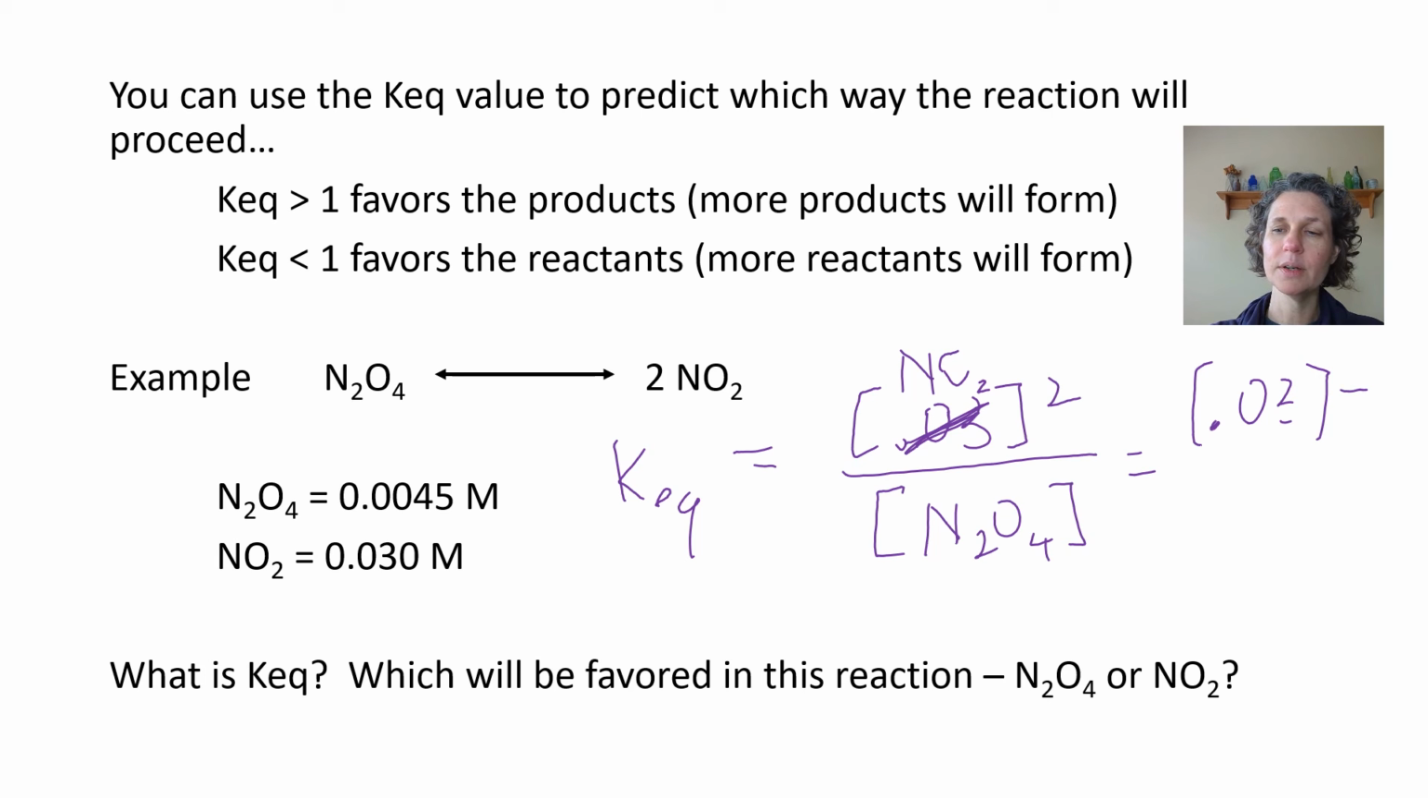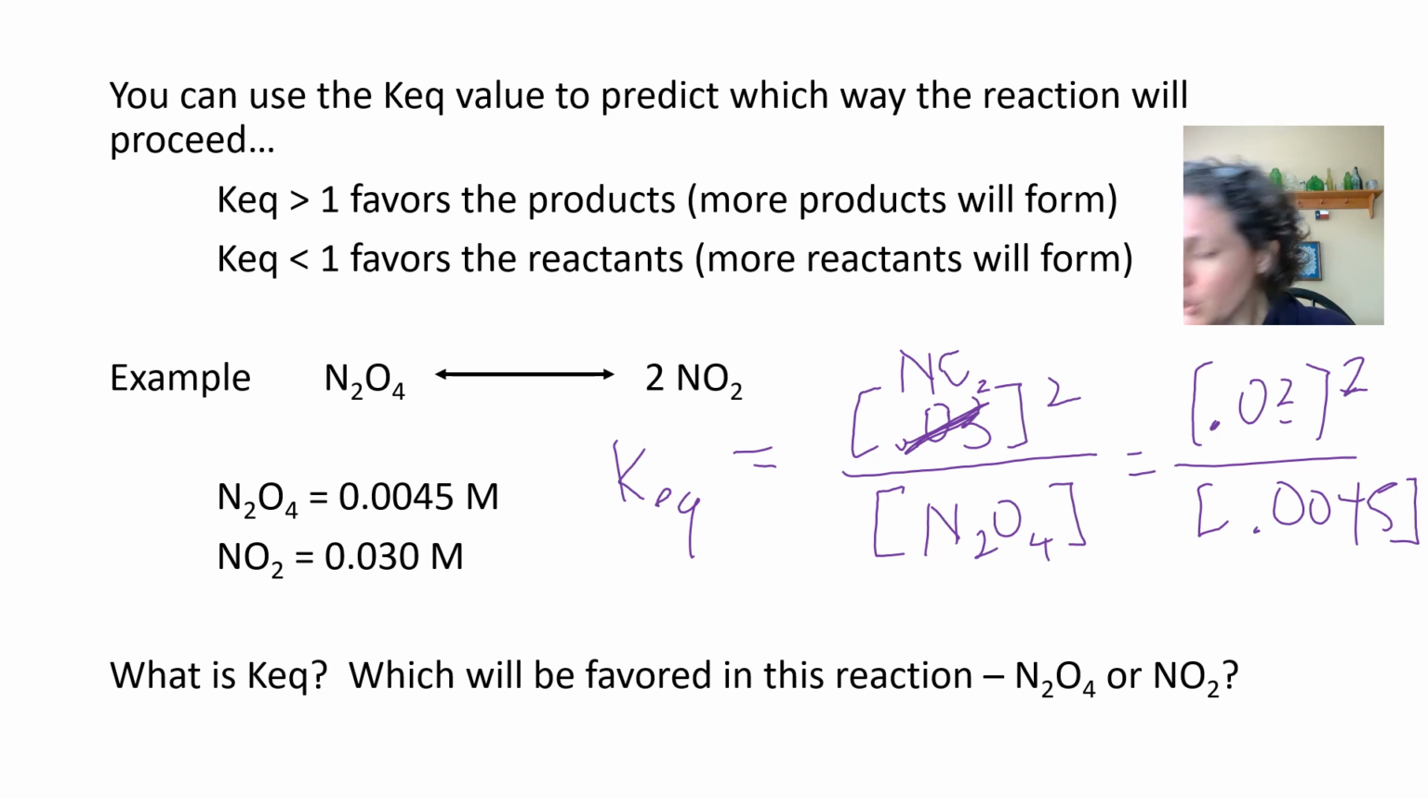squared, over 0.0045. All right, so when you plug all of that in, I have my little cheat sheet here, so you end up somewhere around 0.2. So if you look at your number, you have a number that is less than 1, which means that